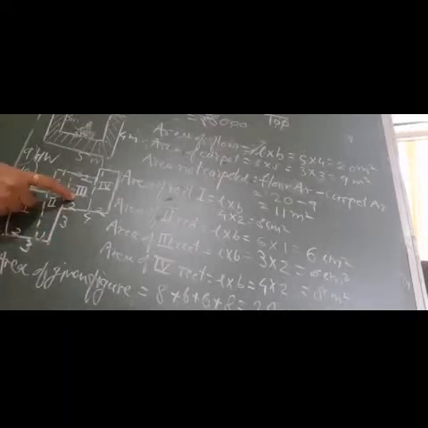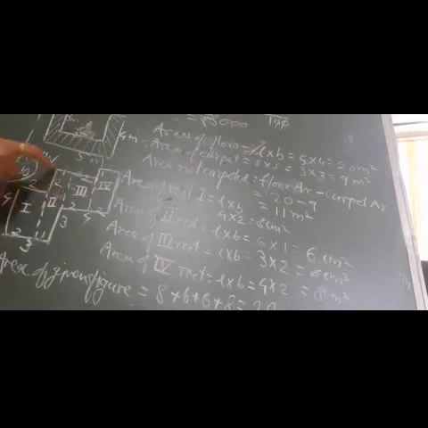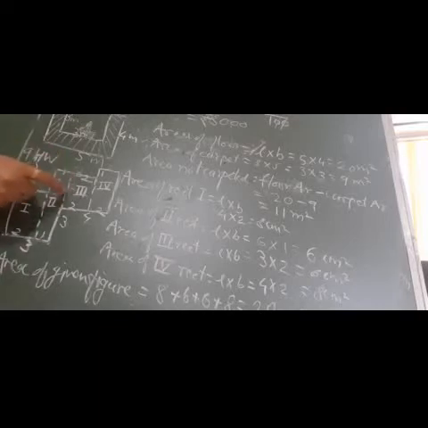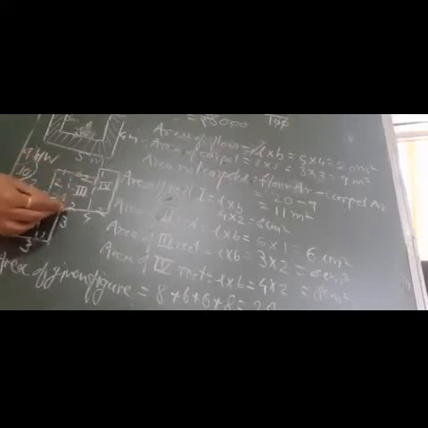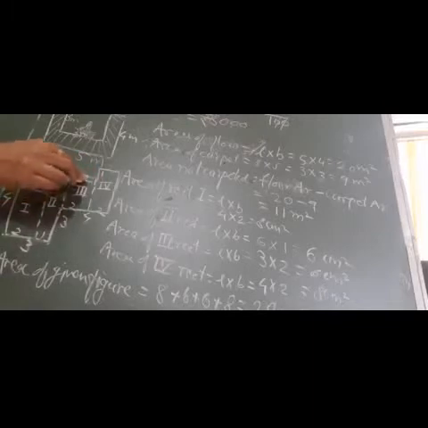What about the third rectangle? For the third rectangle, it is already given 3. Out of that 3, 1 is here, so the remaining will be 2. So the breadth is 2. And what about the length? This will be 2, plus this much. If I want to find this part, it is exactly equal to this, and hence we have taken it as 1. So 2 plus 1, that is 3, will be the height of this rectangle and the breadth will be 2. So for the third rectangle, the length is 3 and the breadth is 2.